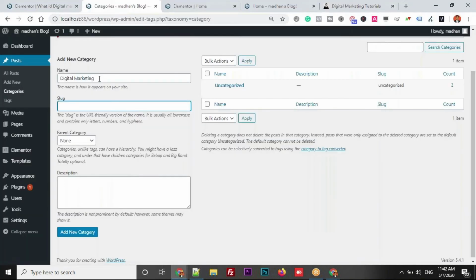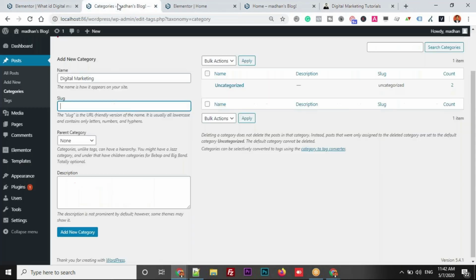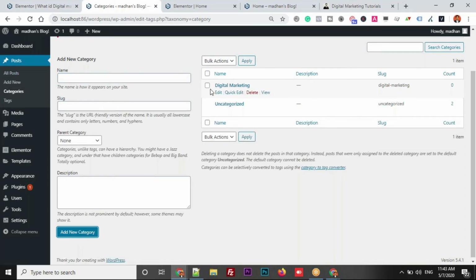Okay, you are creating a category with the name digital marketing. Then what should be the slug? In a sense, when someone clicks on digital marketing, what has to be this part? That part will obviously be the same. It should be the same. Simply copy and paste it. Click on add new category. Now you can see a new category has been created, but the count is still 0. Why? Because you should manually add a post to this category now. Let's go to posts.